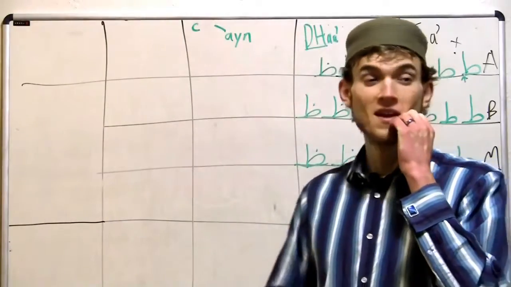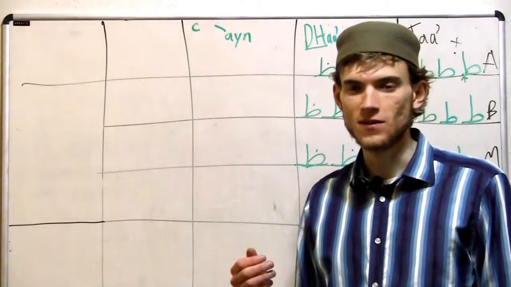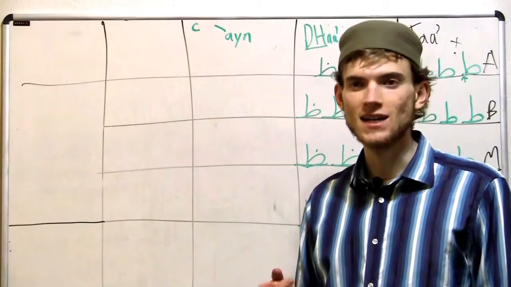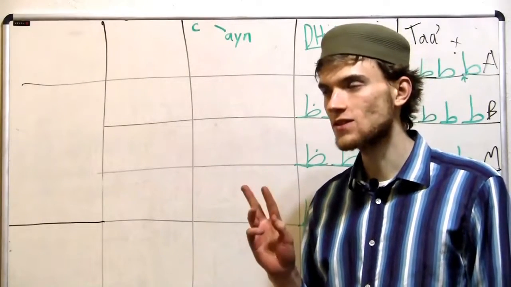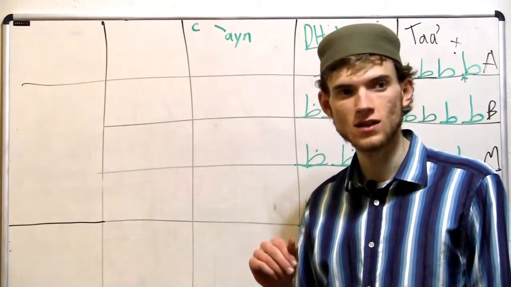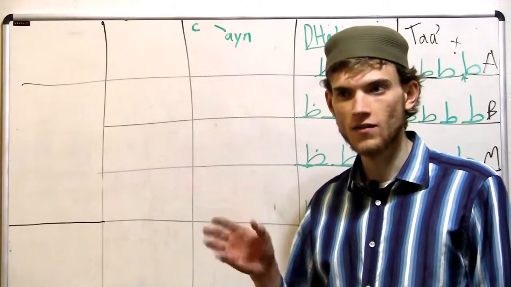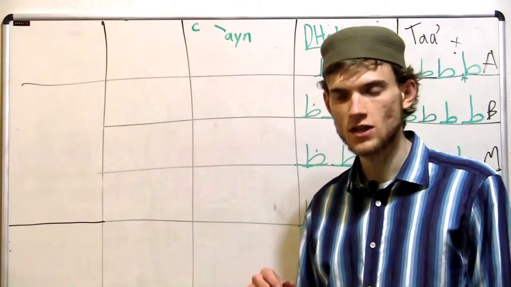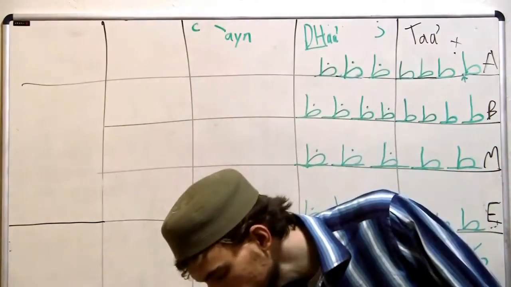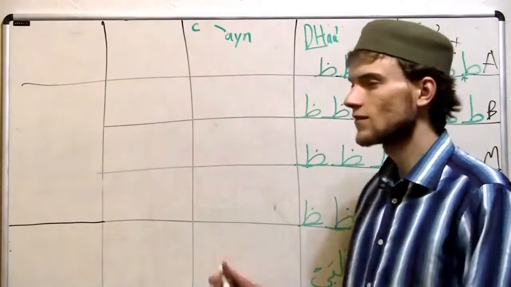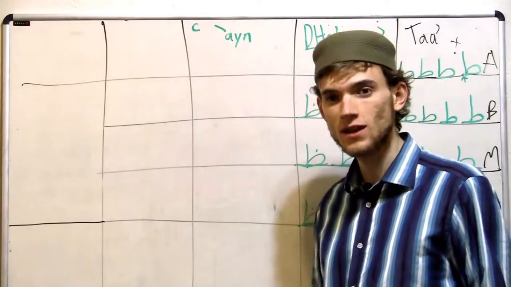Okay. So the name of this letter is Ayn. Everyone try to say that for me. Ayn. Ayn. Ayn. Right. Since we don't really have this sound in English, it's often kind of lost for a lot of us. But it's important. It can change meaning completely. So it's important to work on that sound. Always think about working on the sound. It's a very common sound in Arabic.